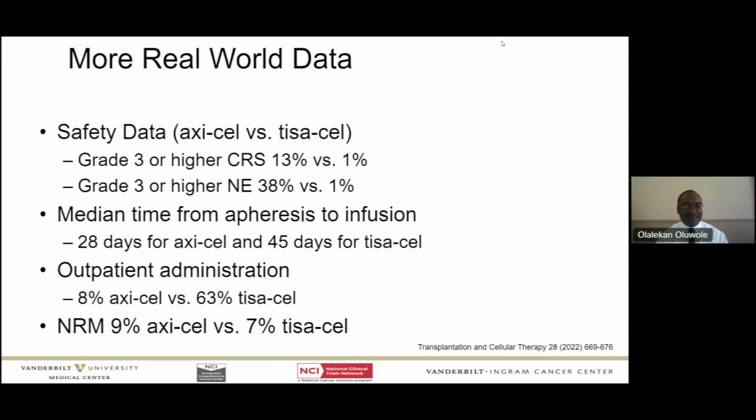The median time from apheresis to infusion, this is important. It was a lot shorter for axi-cell at 28 days versus 45 days for T-cell. And another important factor, outpatient therapy. 8% of axi-cell were done in the outpatient setting versus 63% of T-cell, and non-relapse mortality appeared similar between the